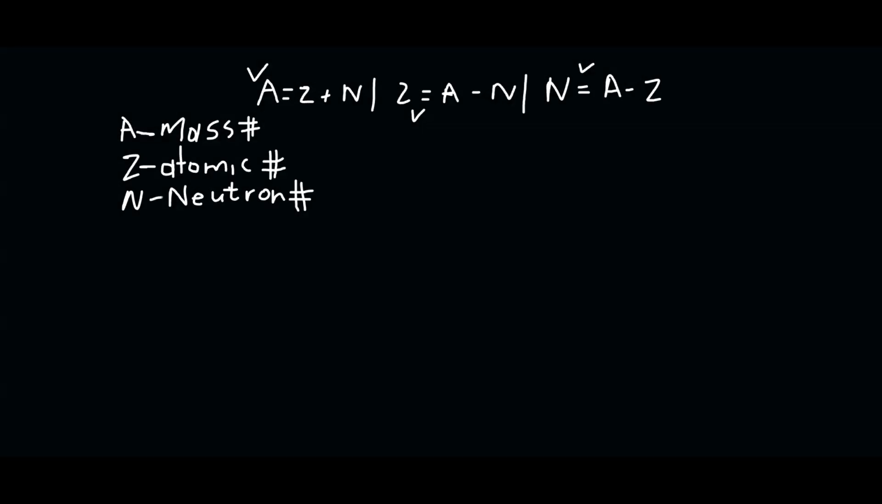So what we're going to be doing is working out the number of neutrons for the first 20